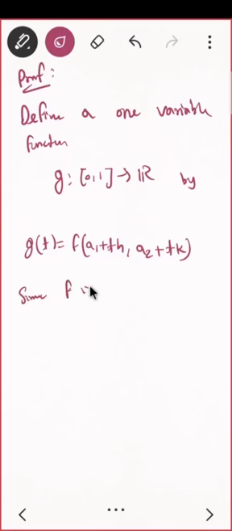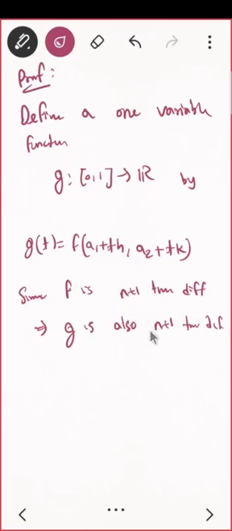Since f is n plus 1 times differentiable implies g is also n plus 1 times differentiable. So can I use Taylor expansion of one variable, by Taylor theorem for one variable, which we did in FYBSc, and I think we did it last time as well. So what is that? Around 0 suppose I am putting. So g